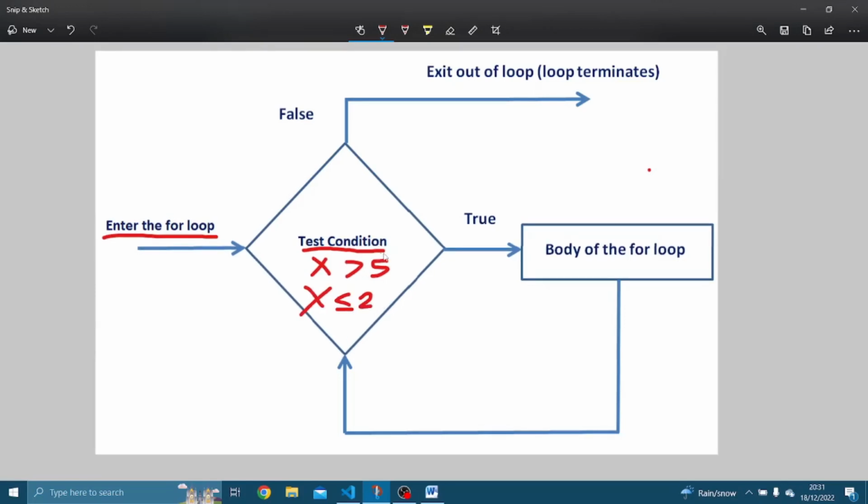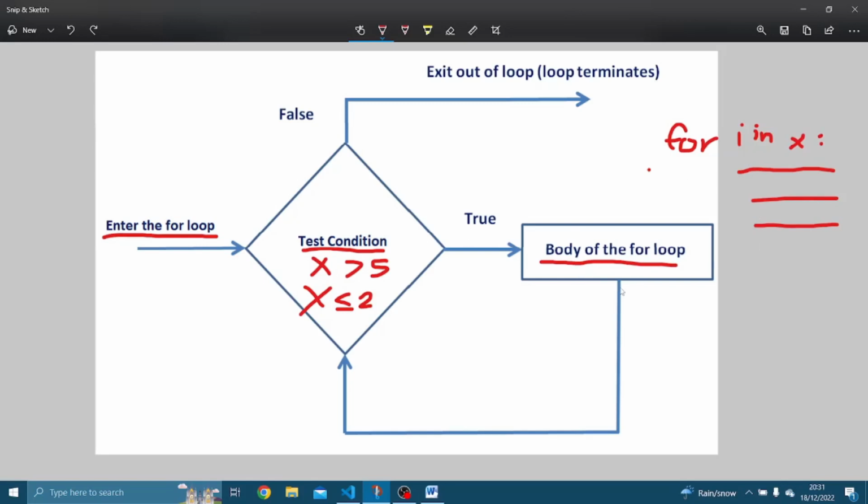Let's say that the condition evaluates to true. It will go to the right over here and enter the body of the for loop. So let's say we have a for loop: for i in x. Don't worry about this, we're going to explain it a bit later. Inside this for loop we have some lines of code which is indented, so it's to the right of the for keyword, and this code inside will be executed